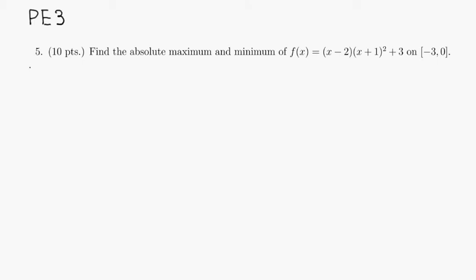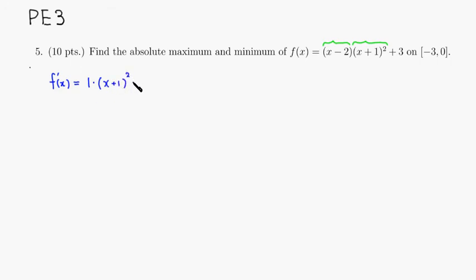First we need to find the critical numbers, so we have to take the derivative. f prime of x is equal to, you have two things multiplied together. Here's our first factor, here is our second, so I'm going to use the product rule, and the derivative of the constant term is going to be 0 anyway. The derivative of the first factor is 1, multiplied by the second factor, the quantity x plus 1